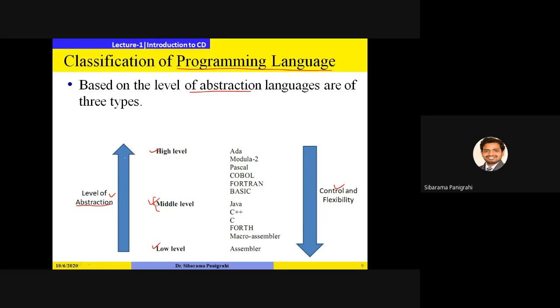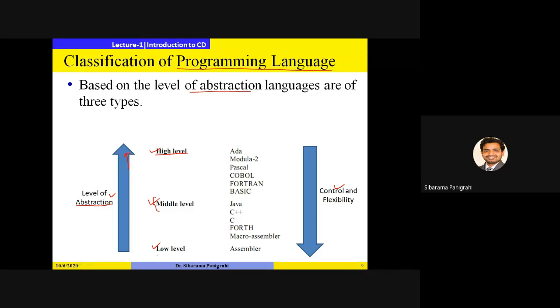When the level of a programming language is higher, the level of abstraction is high. In high level programming languages, the user might not know the underlying details, but still can write the programs.